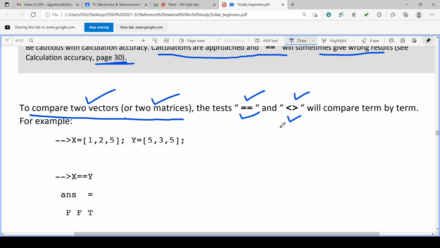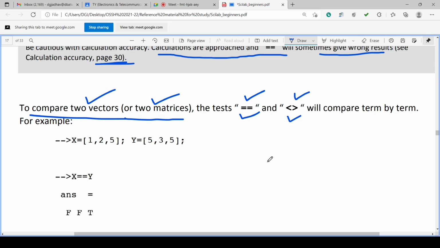Is different we can call not equal, and equal we can call not different. Equal is not different, and less than greater than is not equal. Is equal is not equal, and is different is not different.